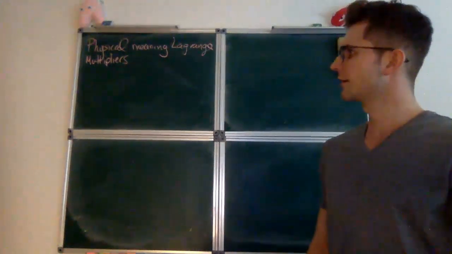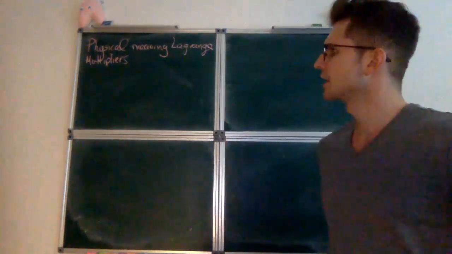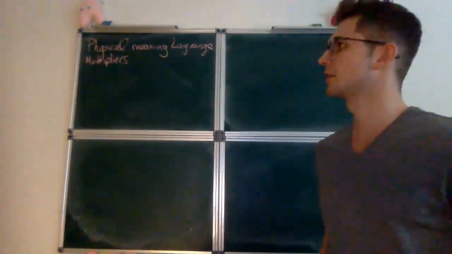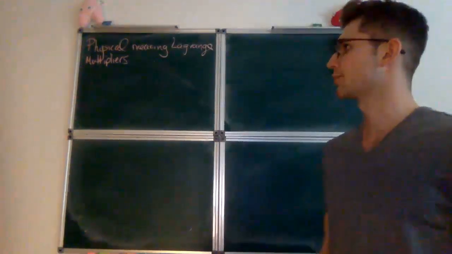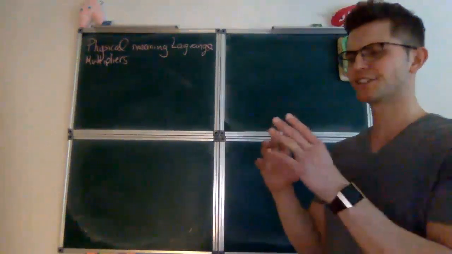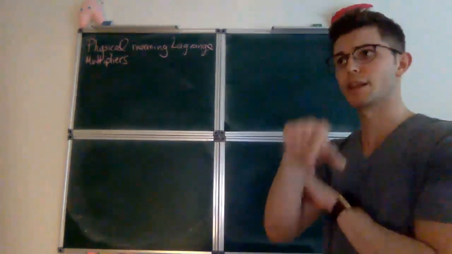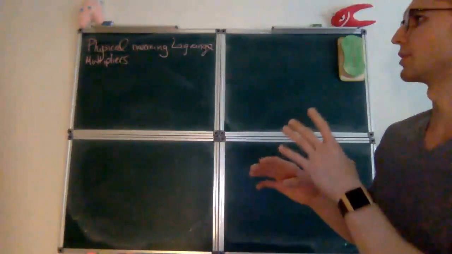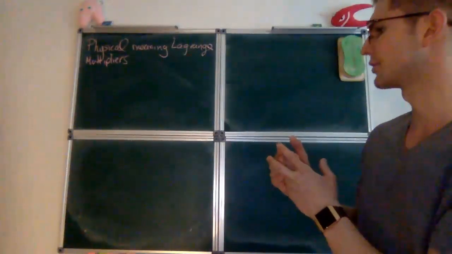Okay, this is the final video on Lagrange multipliers, and what I wanted to focus on is their physical interpretation. What's the interpretation of this number lambda that appears in the method? Okay, and so in order to put this into some physical context, let's imagine the following problem, which